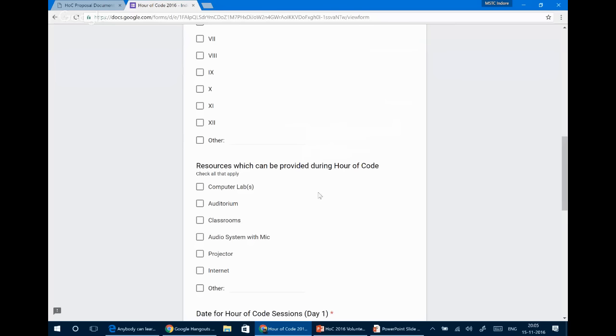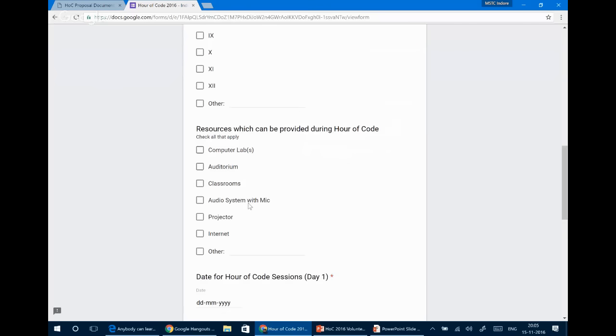Either they have computer labs and are able to allot those to us, right? If they have a computer lab, then we can have a hands-on session. I'll be discussing later what different kinds of sessions we can have. Or if they are providing an auditorium or classrooms, we have done events on all 3 kinds of setups: the computer labs, the auditorium, and classrooms. Each of these setups will have a different kind of content and different kind of presentation focusing on the people who will be going to the schools, right?